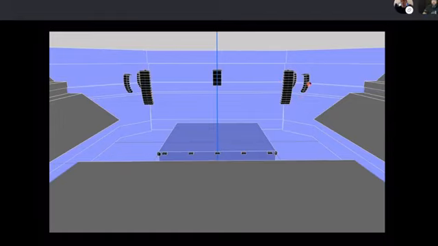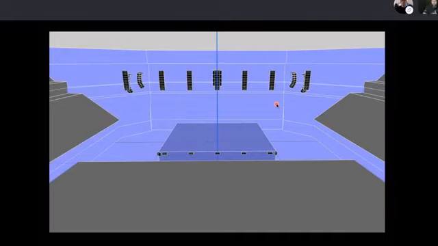Now, for about, I would say about 20 to 25% more amplification power, you can get more resolution in an ELISA-based, object-based mixing. So where the traditional PA designs look like this, an ELISA object-based mixing PA design looks like that. So a whole lot of speakers pointing in the same direction. You think, oh my goodness, this is phasing hell. It's going to sound terrible.